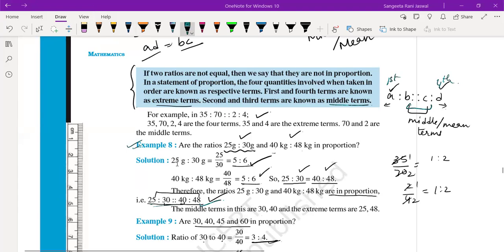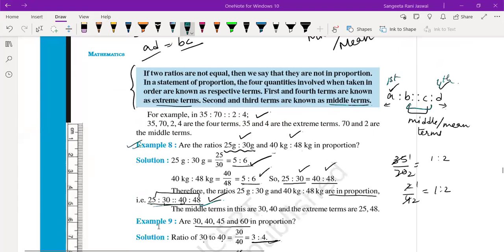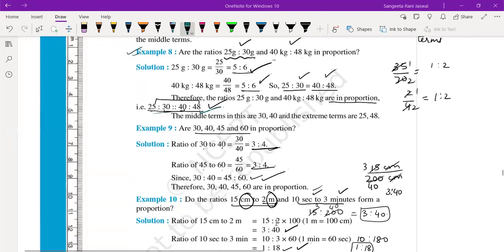Yes, Neha. Now see the next: are 30, 40, 45, and 60 in proportion? Just check out, are they in proportion? Just take the ratio of the first two, then the ratio of the next two. Yes, ma'am, they are in proportion. Okay, then